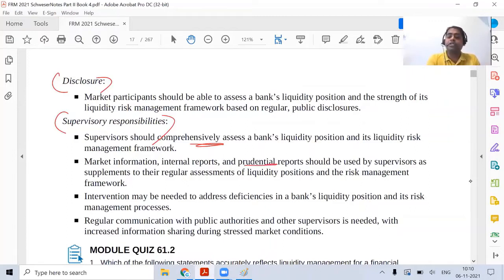Now they have talked about the Prudential Report. This is generally done in the UK, where banks have to submit a particular type of Prudential Report with respect to their liquidity requirement, and to make sure that their risk management is being run in a proper way. If they find any issue with the bank, you have to give guidelines to the bank to address that deficiency so that the liquidity position is coming back to the normal situation. And regularly talk to the public authorities and other regulators in other fields, informing them about the status and to learn from each other. That is the last point.